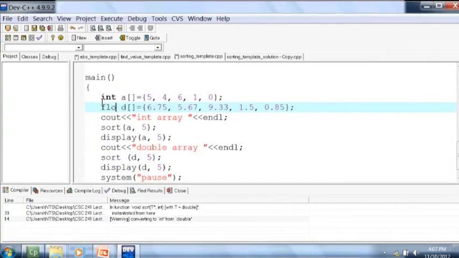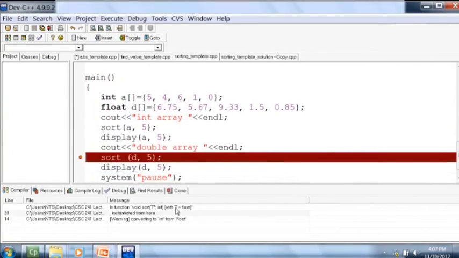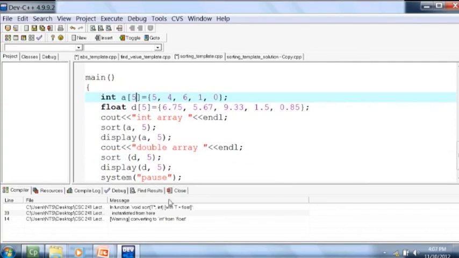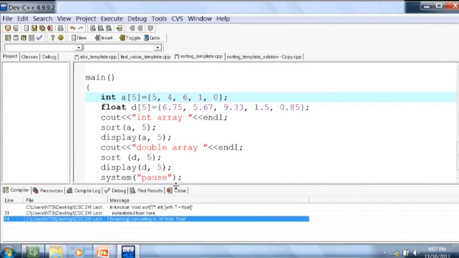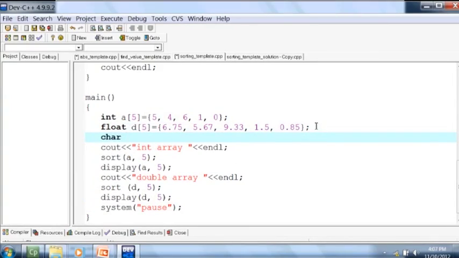So let me change the type to float. Now this is integer value. Converting int... we're passing d, the floating point array. That is strange if it is giving this warning for float. So just ignore it. Okay, now let me make a character array, character C,